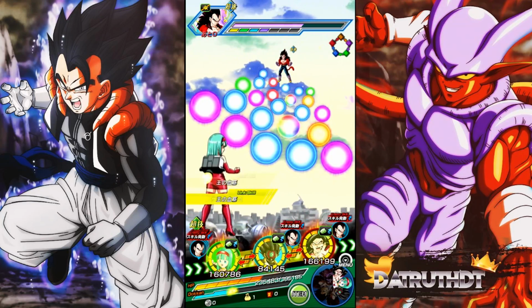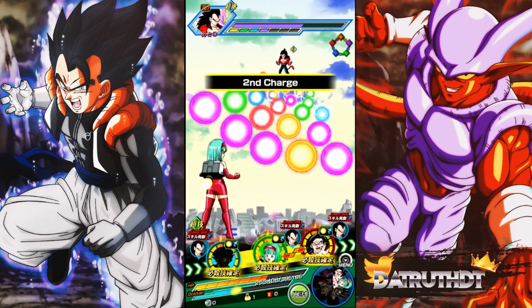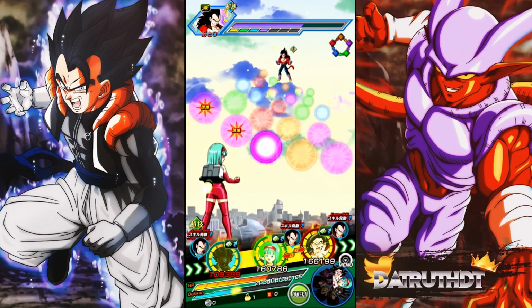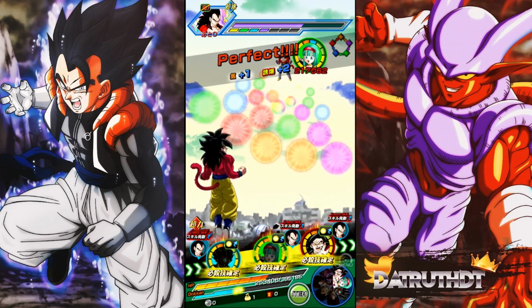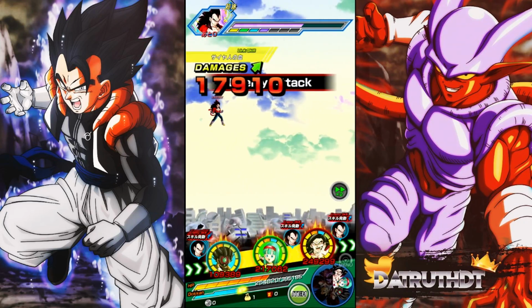Okay, so let's go ahead. Let me see how well Black Masked Saiyan will be able to defend right here against Super Saiyan 4 Vegeta. I think he'll be able to do pretty darn good. Black Masked Saiyan has 120% defense. Well, I guess his defense...